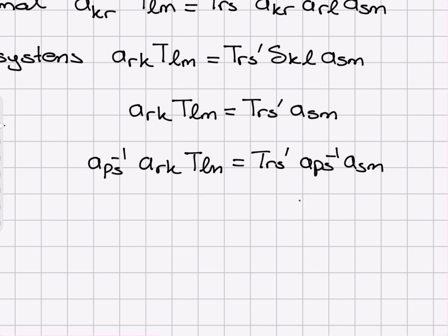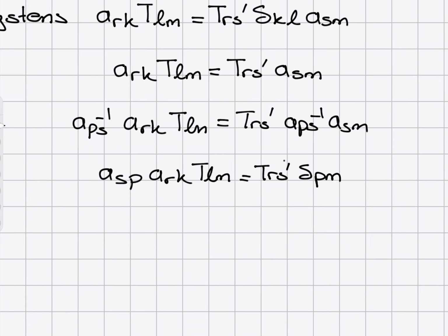So this is a_sp a_rk T_lm, and a_ps inverse multiplied with a_sm gives me Kronecker delta pm. T_rs prime Kronecker delta pm. So I'm left with, this is just multiplication of numbers here. I can just change the order. a_rk a_sp